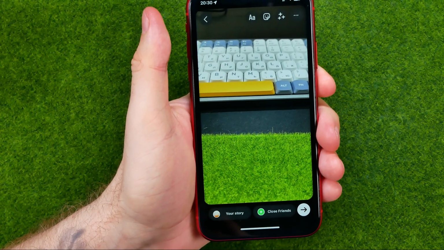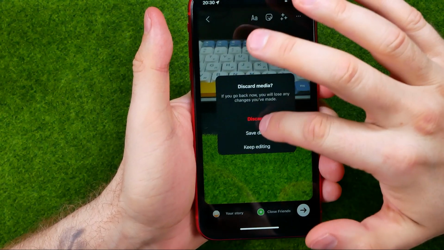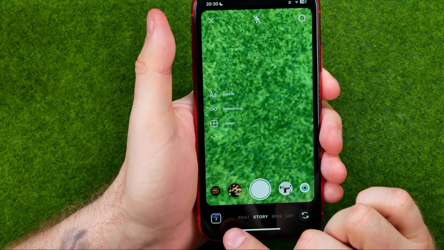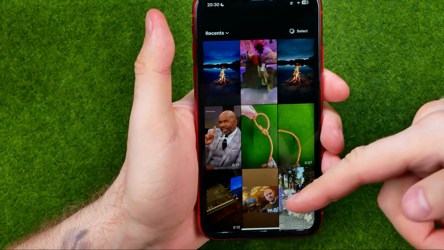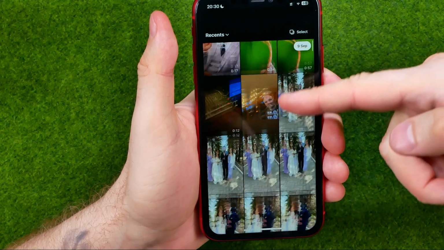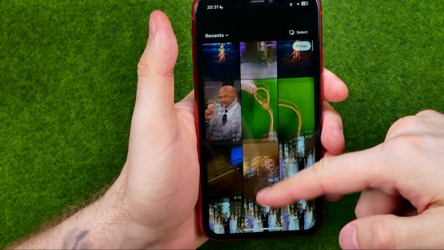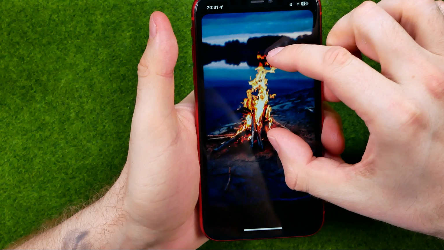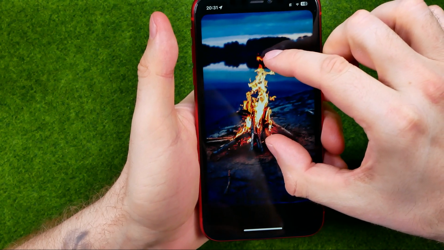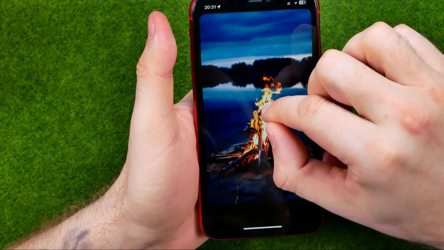And also, if we would like to add some picture from our camera roll that was taken before, we can just stop right there at that icon and then select a picture or video from our camera roll, just like that. Then we can scale it, we can move it around in this way,